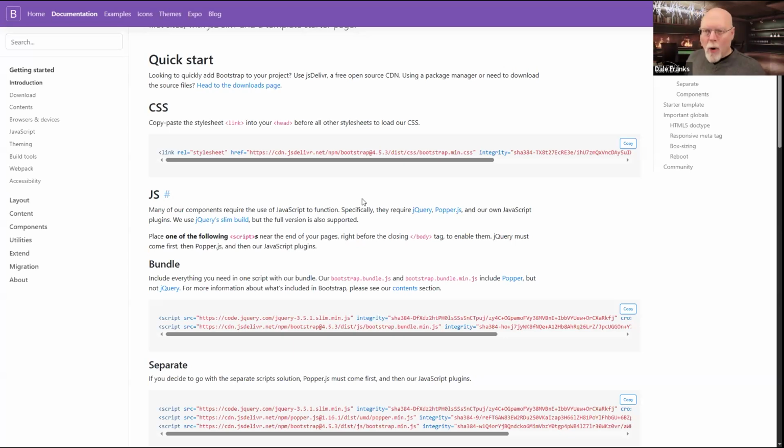The really important thing to remember is that Bootstrap is built around the rows and columns layout architecture. So you can have as many rows as you want in your HTML document or your Process Director form. And each row can have between 1 and 12 columns, and it's entirely up to you how many columns that you want.